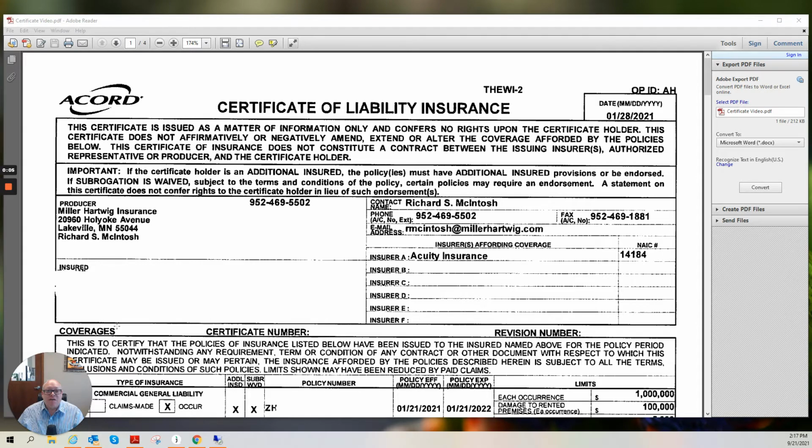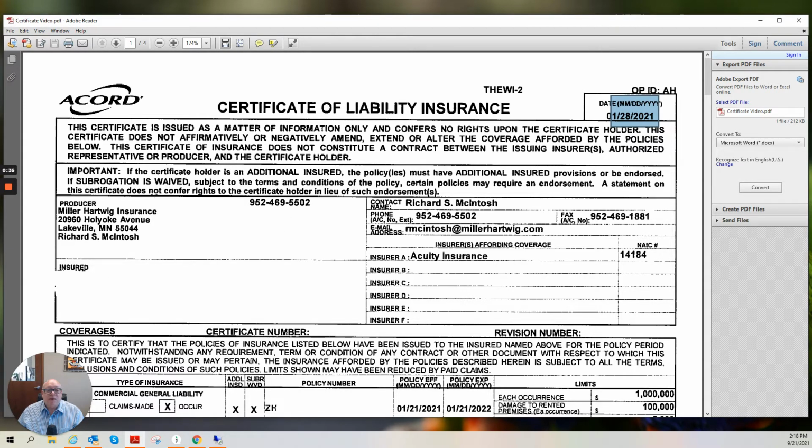Anyway, today we're going to talk about insurance, certificates of insurance. And as you can see here, we have a certificate of insurance. It's for commercial insurance. And the first thing I want to talk about is the date here. This date is the date that we gave the certificate. And a certificate is a snapshot of a commercial insurance policy. So the date is very important because that's when we gave it to them and that's when this snapshot was